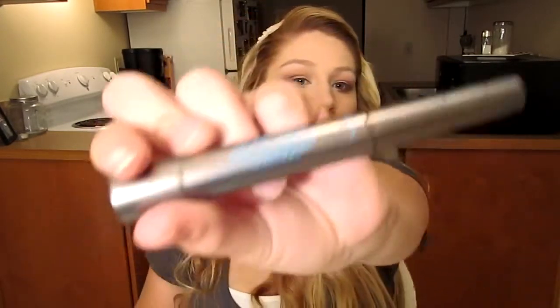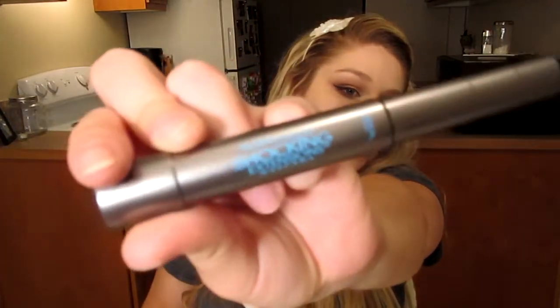Okay, so now after the eyeliner is done, I am going to be doing, should we do some mascara next? And I am going to be taking my L'Oreal Shocking Extensions Telescopic Mascara. It's actually Telescopic Shocking Extensions Mascara. And that's what it looks like. And it isn't waterproof. So we'll take this one first